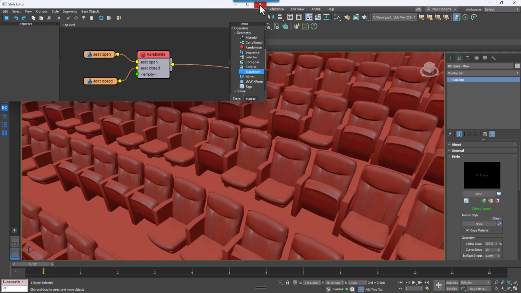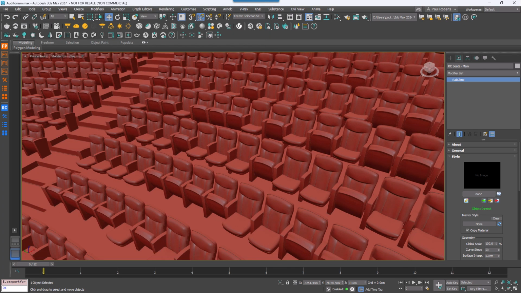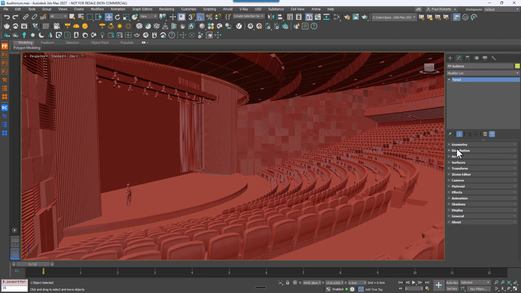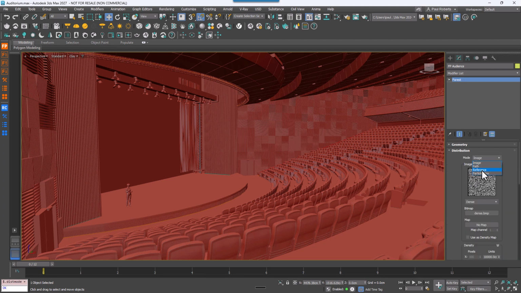So now let's look at the Pack side. In this scene, I've already added several seated people to the geometry list of a Pack object. Next, open the distribution rollout and change the distribution mode to reference. In the reference object section, click the Add button, select the RailClone object we just modified, and enable Use RailClone